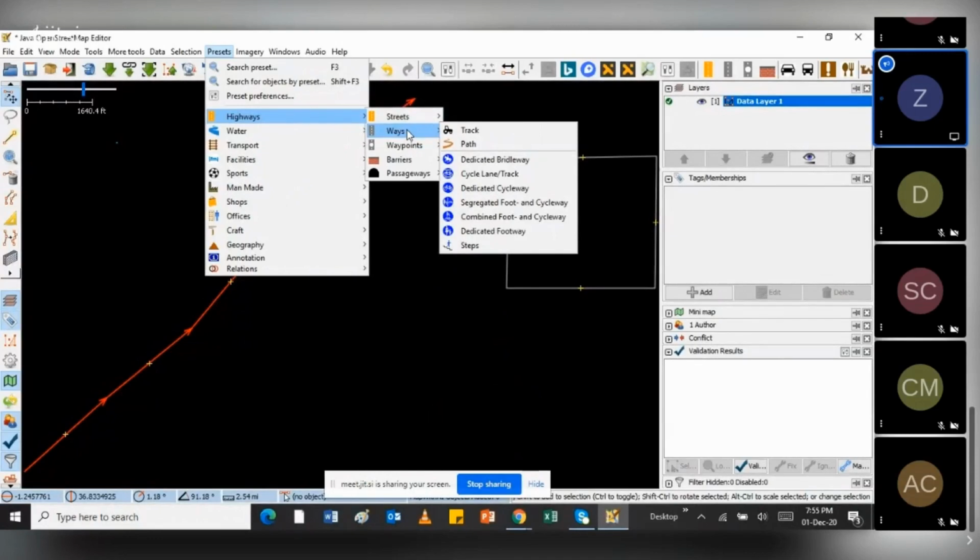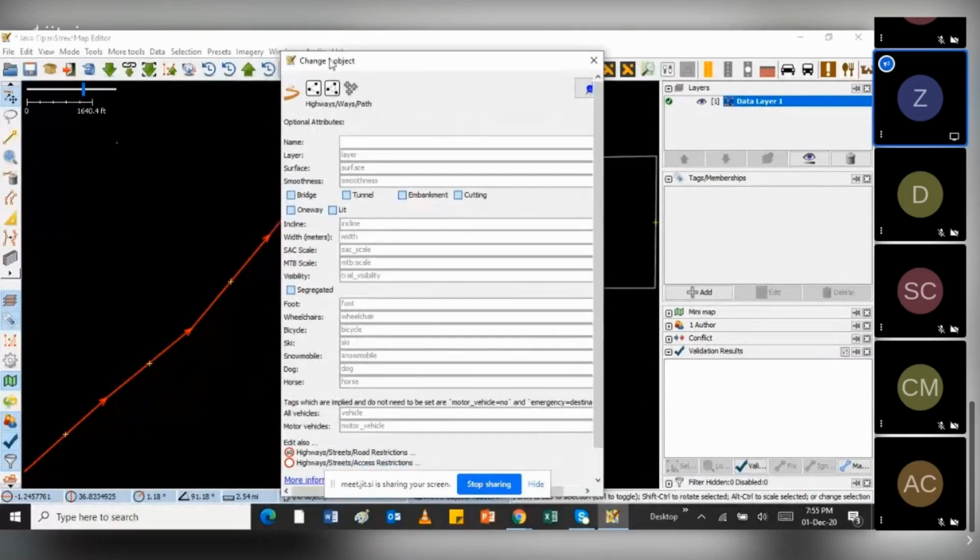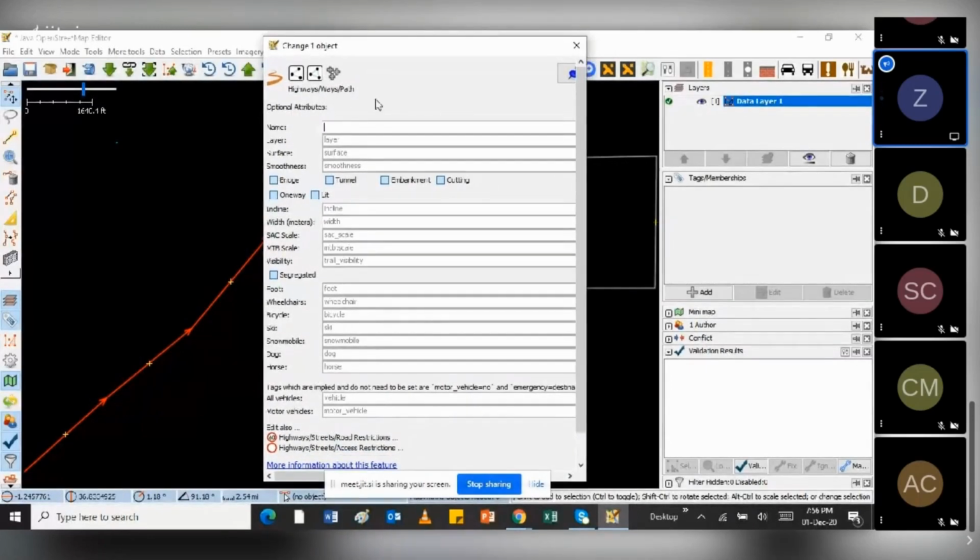Maybe I'll say this is just a footpath. Select that, and you'll see it opens a new tab that gives me the ability to add more information about that feature.